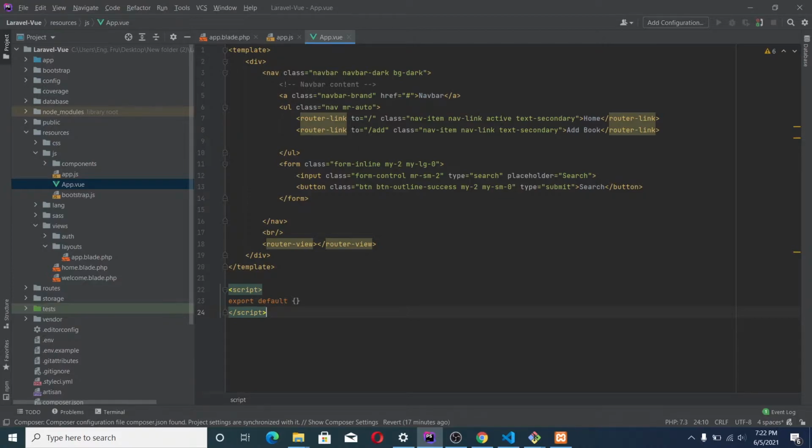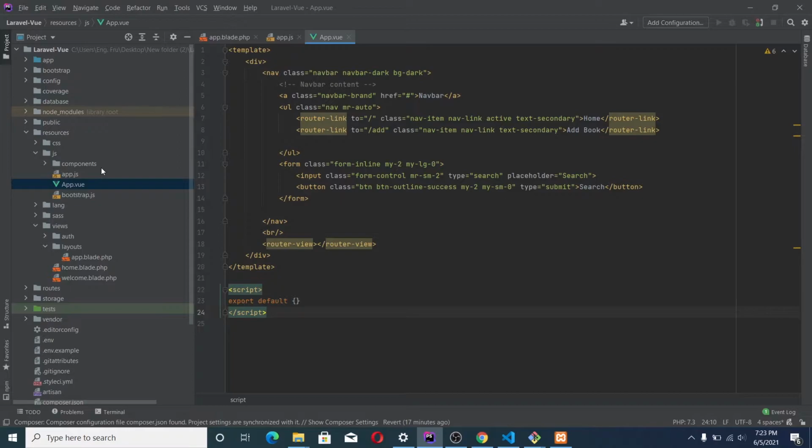This is just common Bootstrap. So I'm adding a nav tag with the class navbar and so on and so forth. You can just see it's nothing special about it. This is just a navigation bar. Alright, so let's save this.